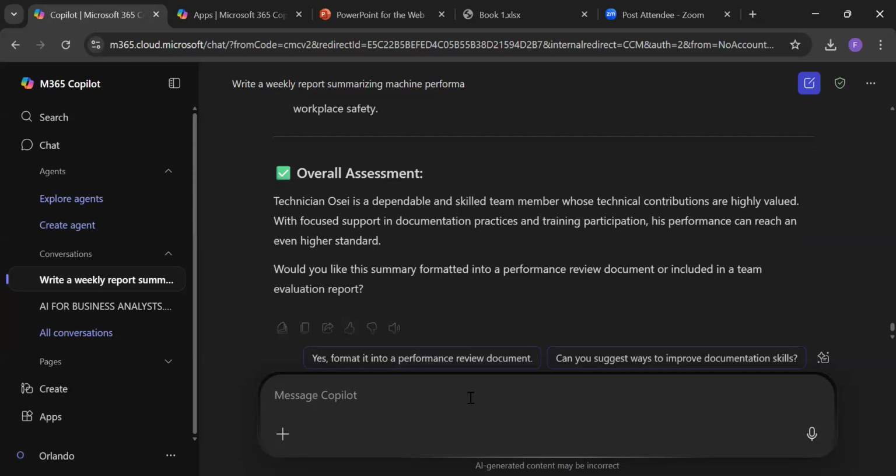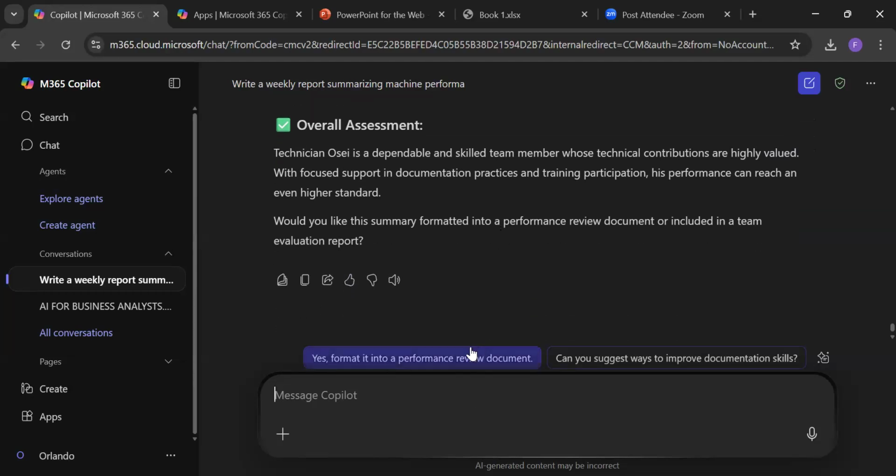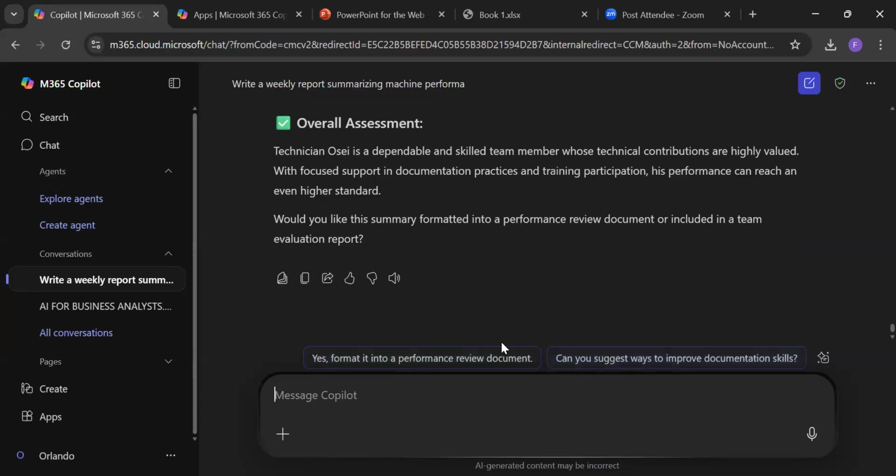You can equally put it in a PDF form for you. Or let's see what it will do when we click on this.